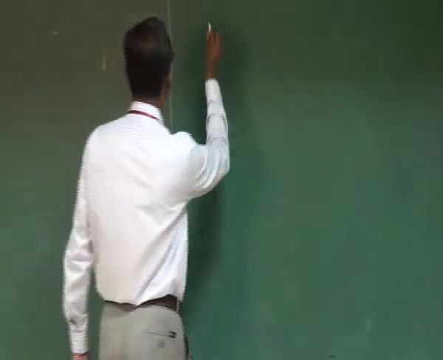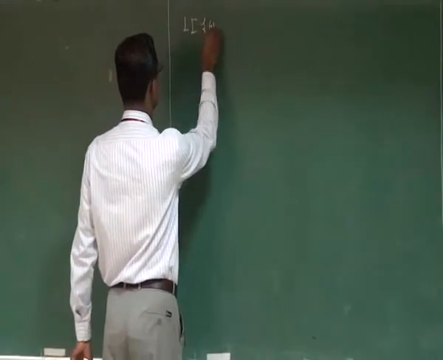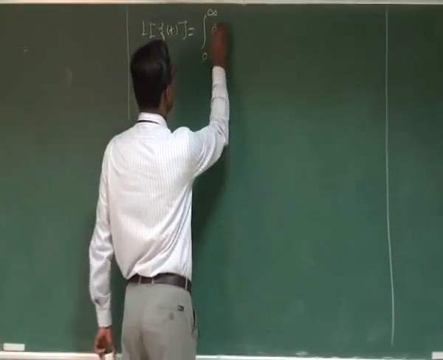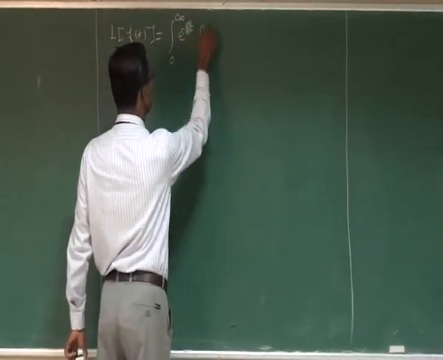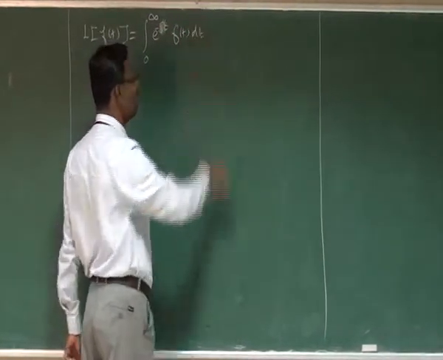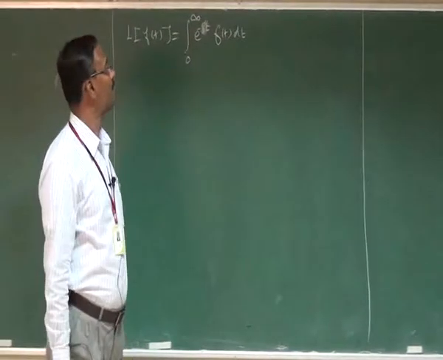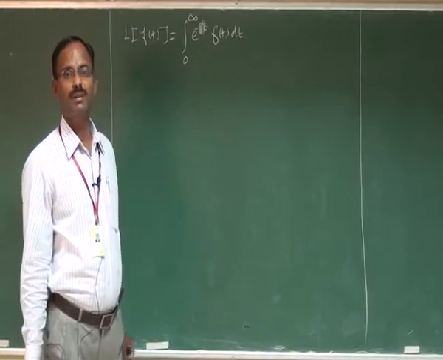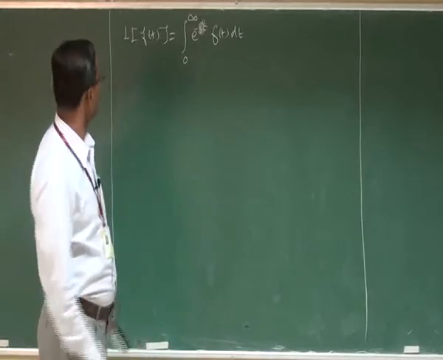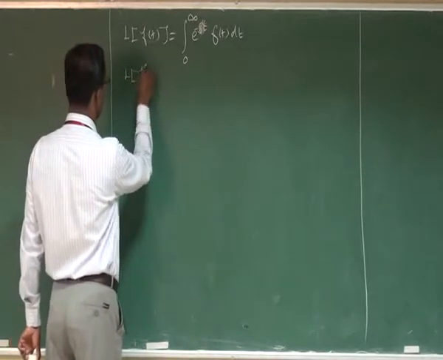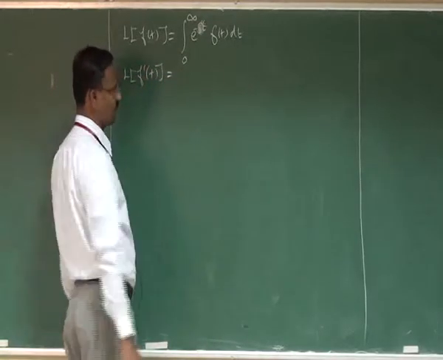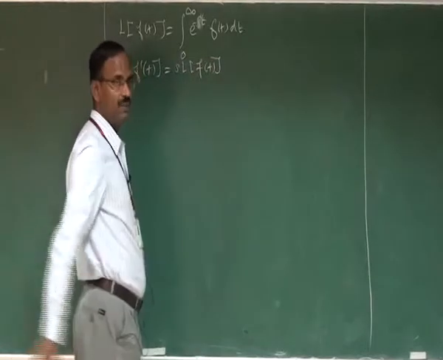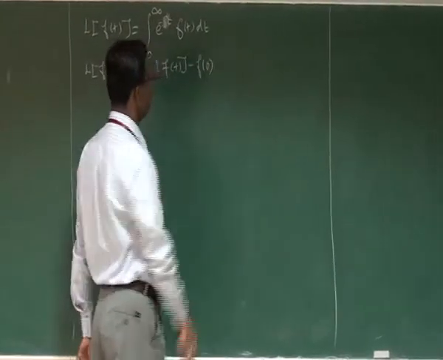So as you know, the Laplace transform of the function f(t) is equal to the integral from 0 to infinity of e^(-st) f(t) dt. Here s is called the parameter of the transformation. t is always positive, which is permitted to take values from 0 to infinity. The Laplace transform of the derivative of the function is equal to s times the Laplace transform of f(t) minus f(0),